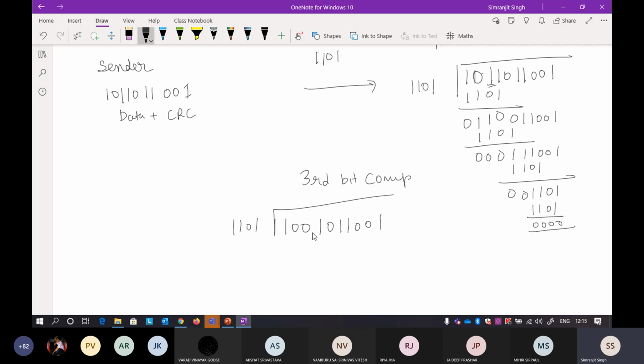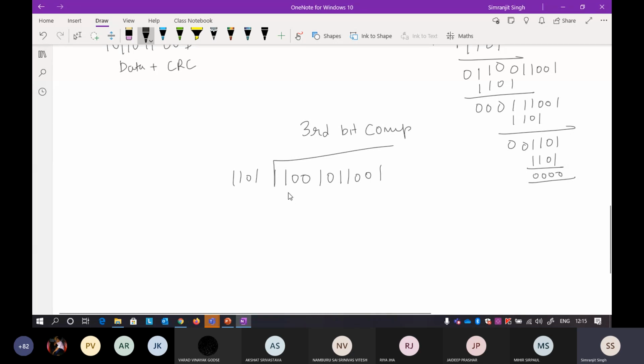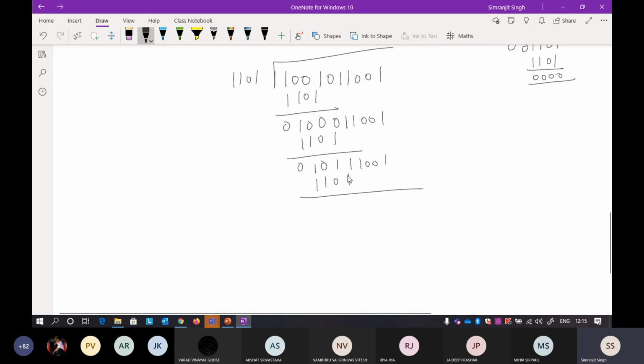If you again follow the same procedure here, you will find out that it will be 1 1 0 1, same 0, same 0, different 1, same 0. Again write all the things as it is. 1 1 0 1, different 1, same 0, different 1, same 0. Again write 1 1 0 0 1. Again write 1 1 0 1 here, and again 0 1 1 0. Write all the things as it is. Again 1 1 0 1, same 0 0 0 0. So the remaining part that I got is 0 0 1.